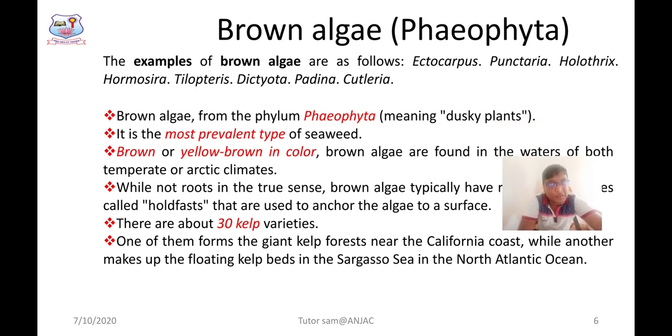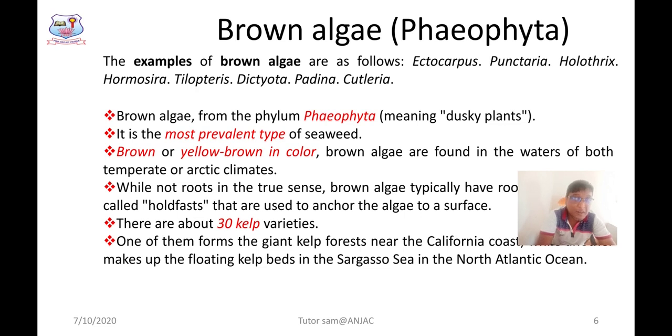See its adaptive features. It is present in temperate water as well as Arctic climates. This reveals the beauty of adaptation. Living organisms need to adapt according to the environment for their survival. That adaptability can be easily understood from the algal species. They are able to grow in both environments, in temperate conditions as well as in Arctic climates.